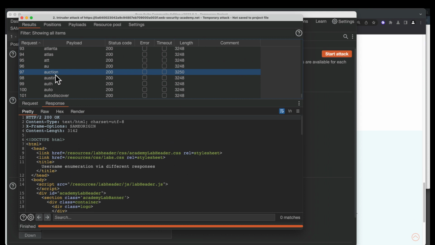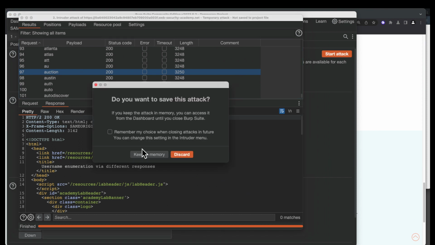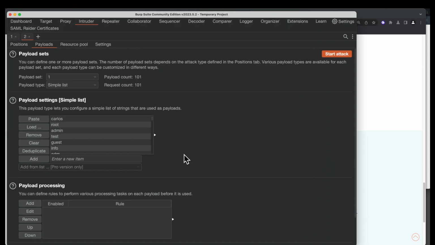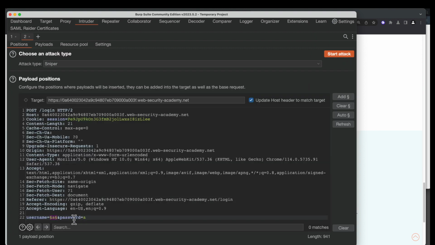So now, to find the password, I just do the same thing again. I know the right username is auction, so I close this attack. I discard it. And now I go to my Intruder. On the positions, I know the username is auction, so I'm going to clear these section marks and change the username to auction. And now I'm going to try all the passwords. So I highlight the password letter, add a section mark,